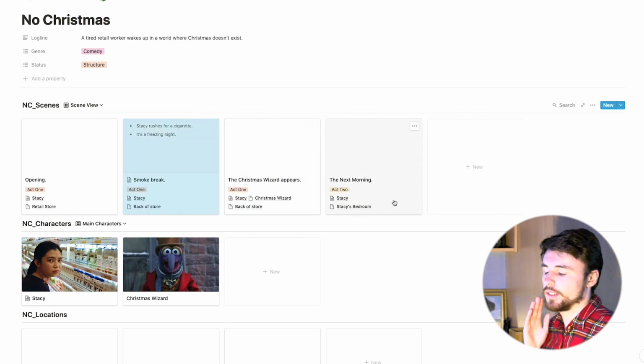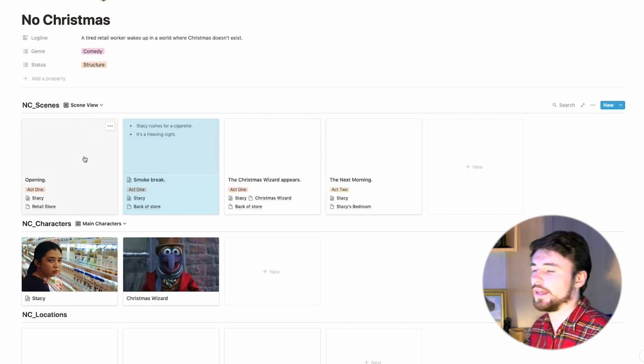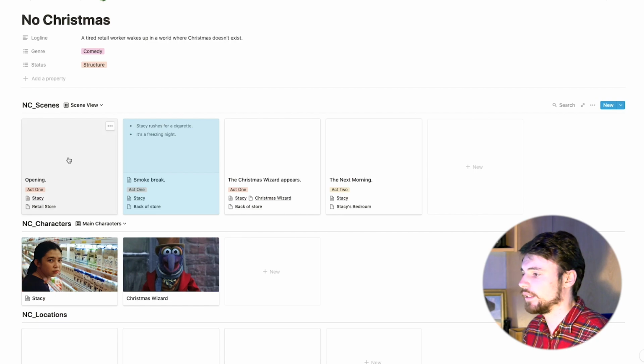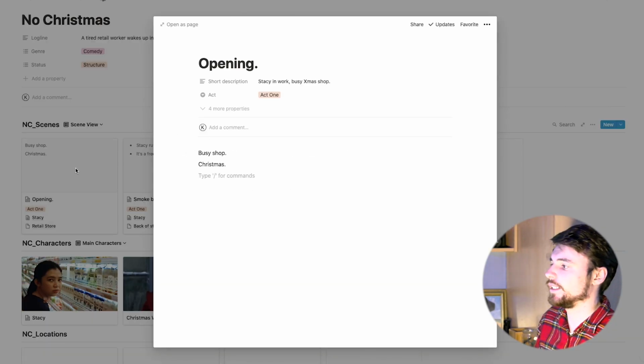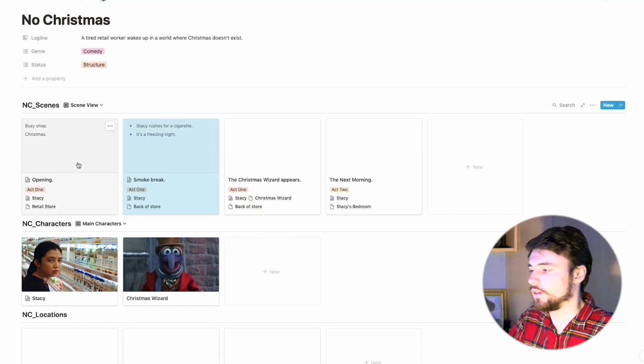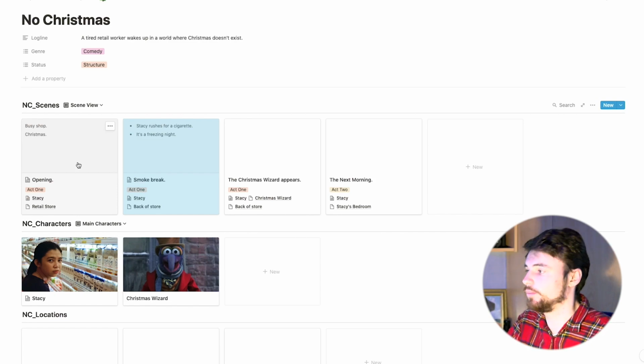Because now we can go onto this view and start planning out these scenes, and we can click on each one and go, okay. We can start really planning out each of these scenes as their own separate little thing, while also being able to then go back to this view and see everything, which I really love.